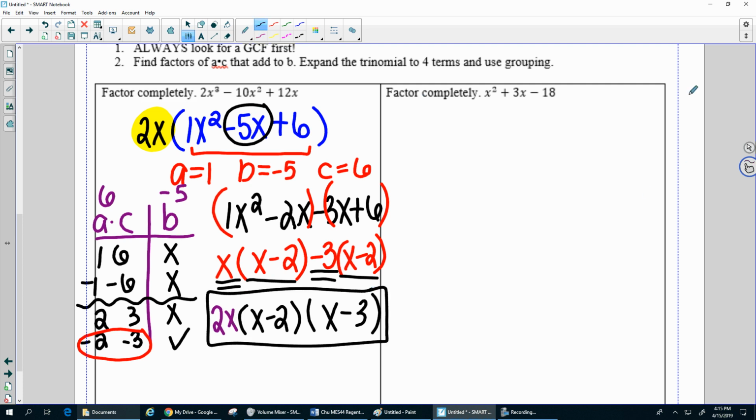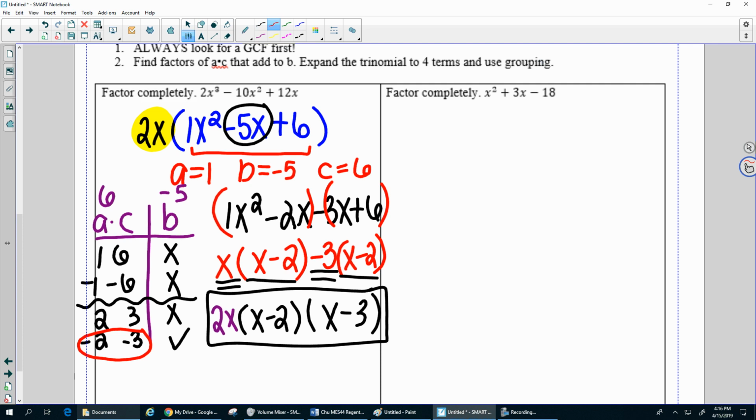If you would like to try the next one, go ahead and pause the video now. Otherwise, we're going to continue. X squared plus 3x minus 18, we're looking to see if there's anything I can factor out of all of them. They don't share any constants because that's 1, 3, and negative 18. There's nothing I can divide all of them by, and they don't all share an x. So actually, there's nothing we can factor out in terms of GCF,